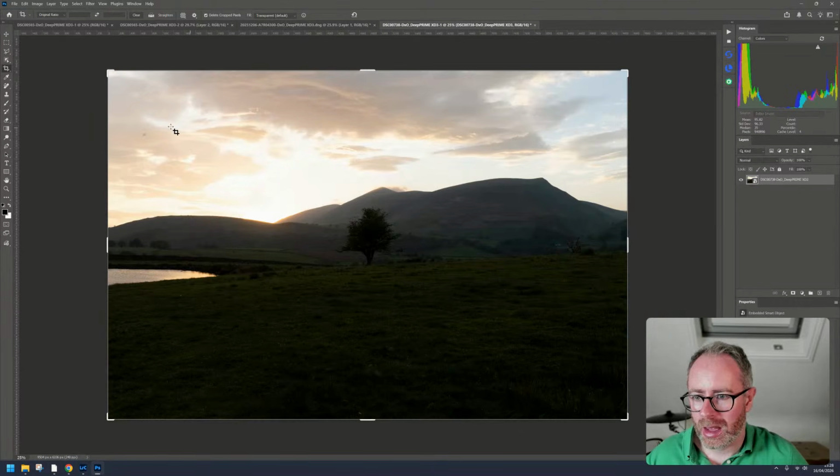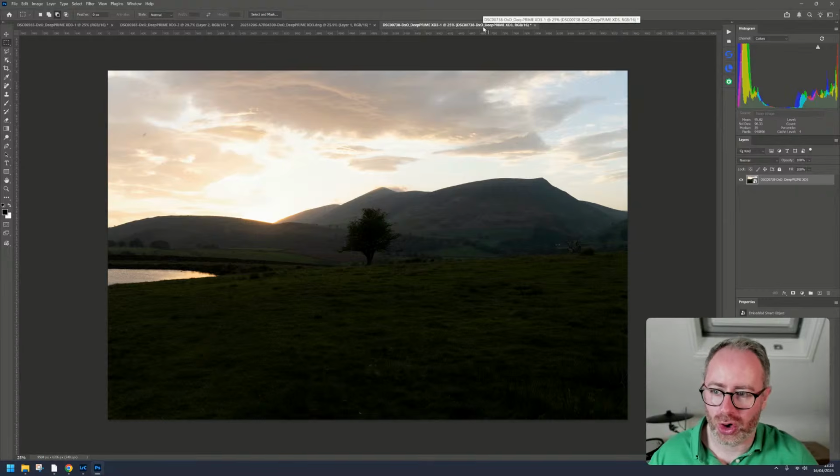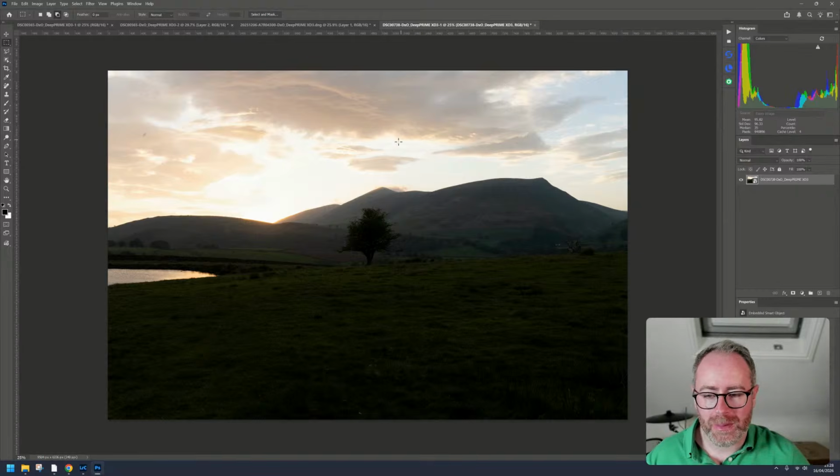Now, I like the tree and the light. I don't like the composition. And I knew this when I shot it. I just wasn't sure because the light was dying, right? I wasn't sure where I wanted. So I took a bunch of frames. I've just pulled this one, but this is gonna